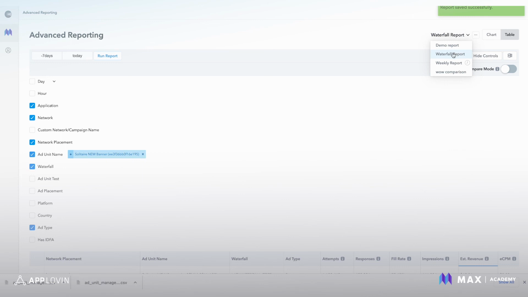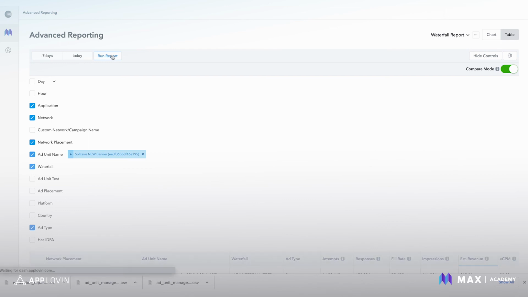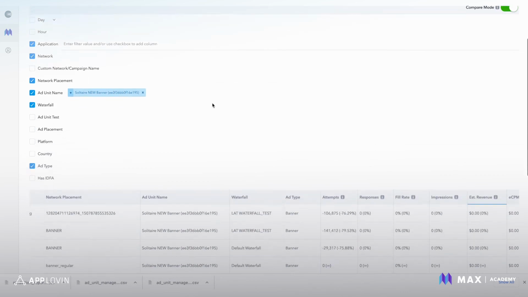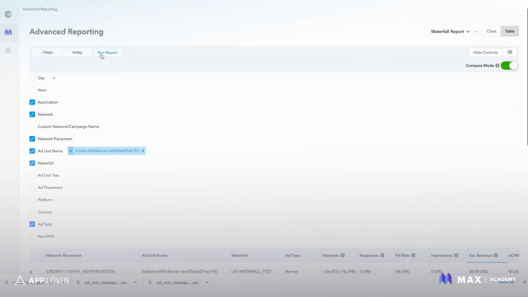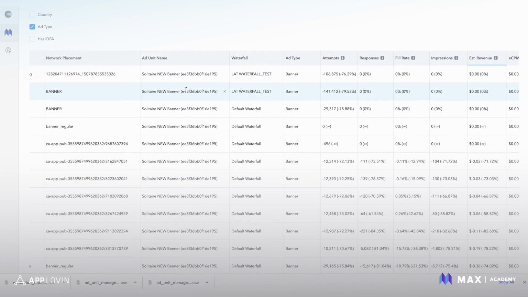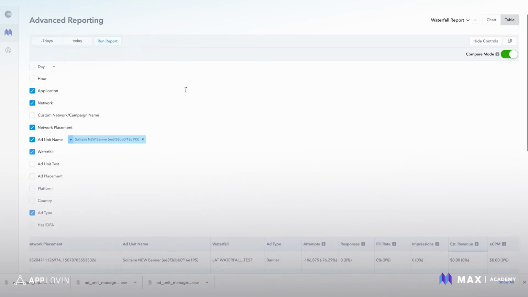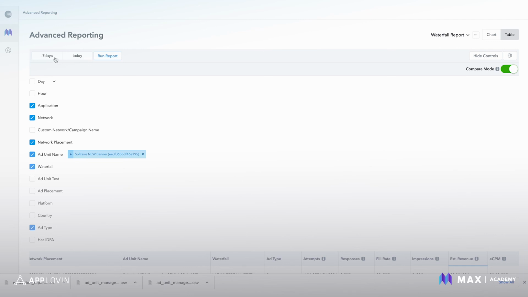We can see here's the waterfall report. You can export reports by just clicking the little Excel button. And you can also compare, which is really powerful in being able to identify trends. For example, I just hit compare and then I hit run report. Quickly looking down here, this is comparing the last 7 days worth of data to the previous 7 days worth of data.